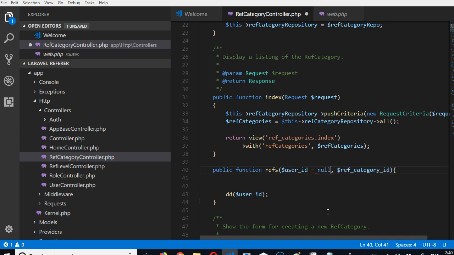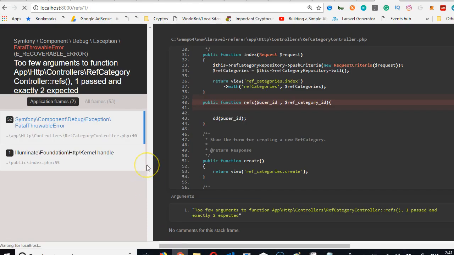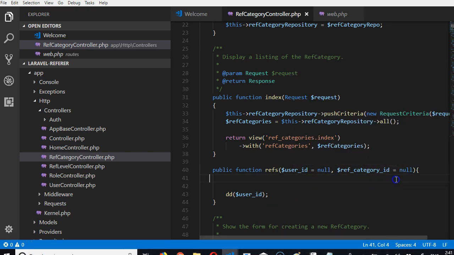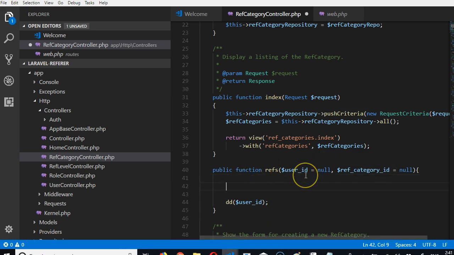So let's make it optional. So we can now come and refresh. So it's now optional. You see, if you just add null equal to null, the two of them become optional. So the first thing we're going to do is, if there is no user ID, we should redirect to the login page. So I think we should do that in the next video. Now we have a function that processes